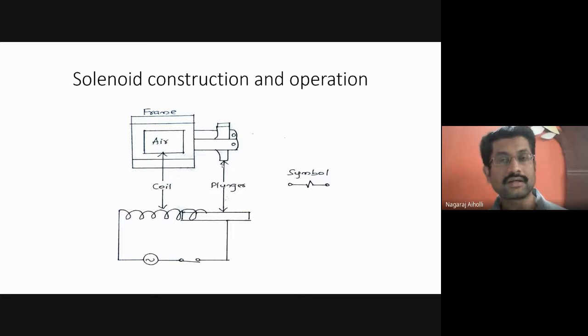In order to avoid the eddy current which is produced if a single structure is used, they instead go for laminated sheets which are glued together, placed one above the other, one on another. That is called the laminated sheets. If there is a single structure, loops of eddy currents are produced which generate high heat energy, which is a loss. The solenoid works inefficiently. In order to avoid this, they make use of the laminated sheets.